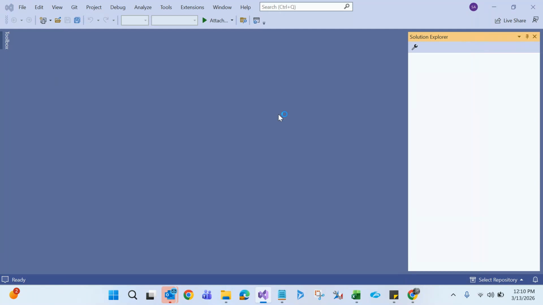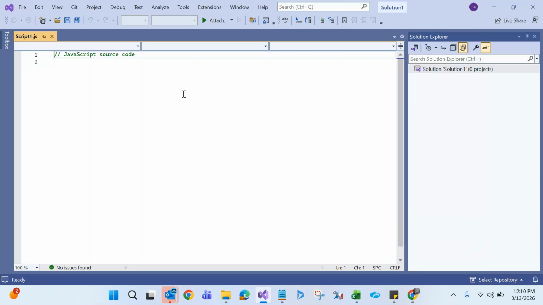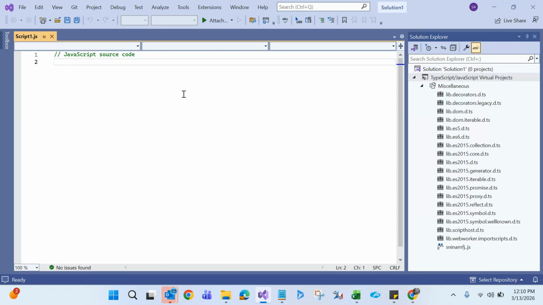When you click on it, it will show up this particular screen. This is the place where you have to write your JavaScript. The first JavaScript will be like functions. It will start with the function keyword, then the name of the function. Function keyword and name of the function. What is the name of the function? Let's say,